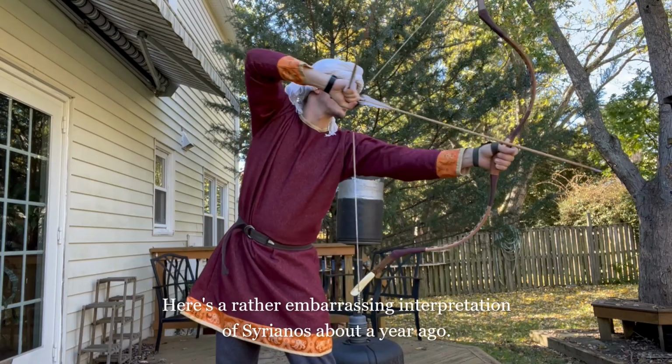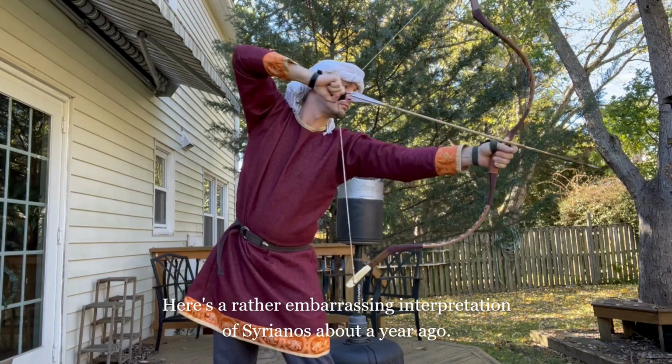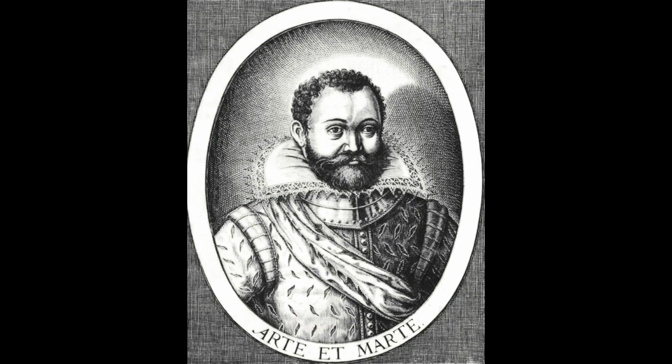As you all know, I have made it a mission to reconstruct Roman and Byzantine archery. But because there is a lack of technical description despite the number of sources that reference said technical approach, I have to approach it from all angles. This includes looking to the outside for input, and one of those is a German soldier from the early 17th